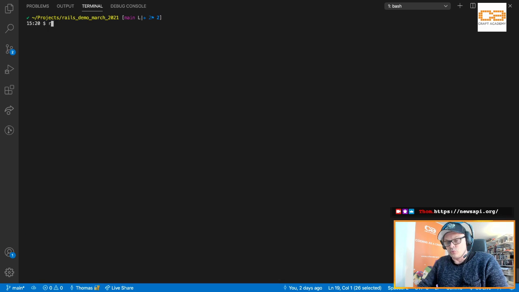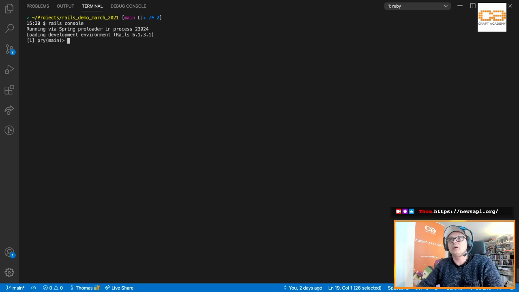And I'm gonna do Rails console like this. Rails console is a command that will load IRB and preload the entire Rails application. So any gems or any modules, everything we have in our Rails app will be loaded into this console, which means that I could, in principle, do something like this: